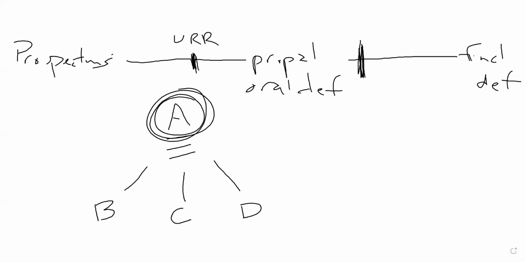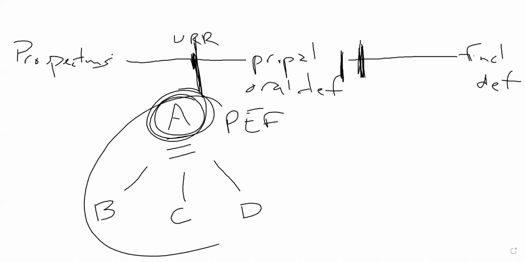And we call this step the preliminary ethics feedback step. And this is ideally going to happen between the URR phase and the proposal oral defense. And then once the student defends the proposal, the IRB will check back with the student and ask whether anything has changed in any of these documents. And if not, then the IRB is able to provide approval and move the student forward into the data collection phase.